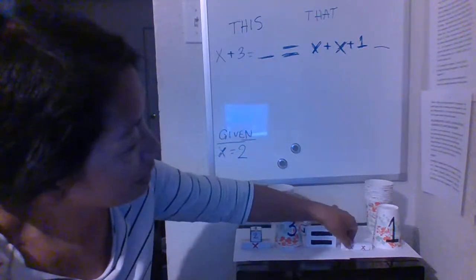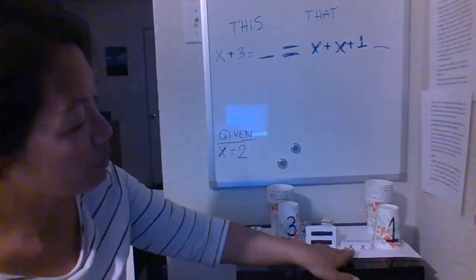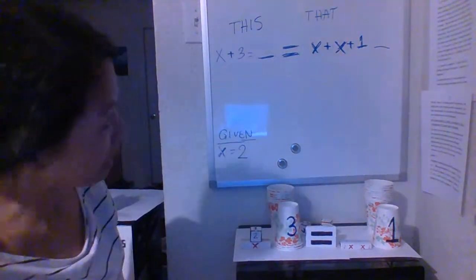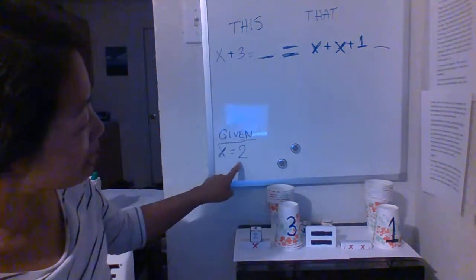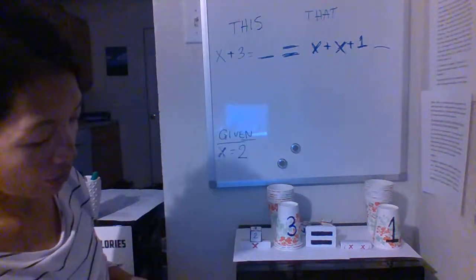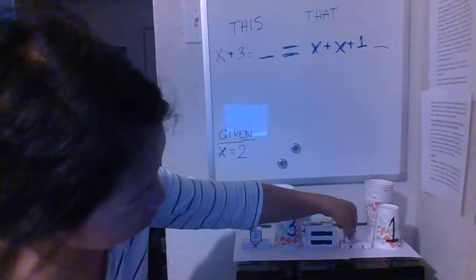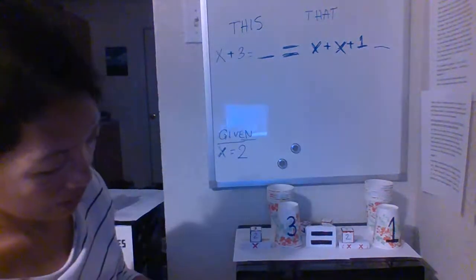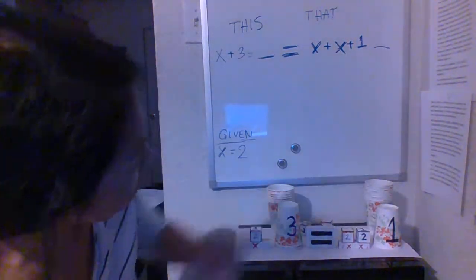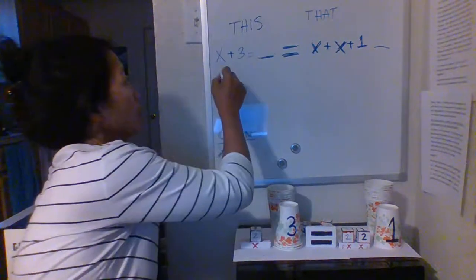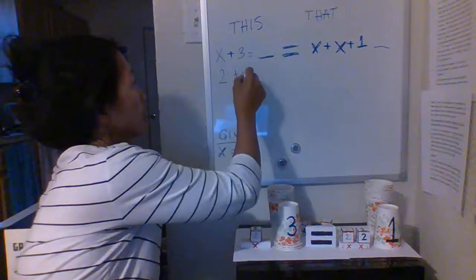On this side, we have x plus x. So we know that we have to put 2 numbers here, okay? And what did we say those numbers should be? What x is? The number 2. So we're going to put a 2 and a number 2, okay? So we have 2 plus 3